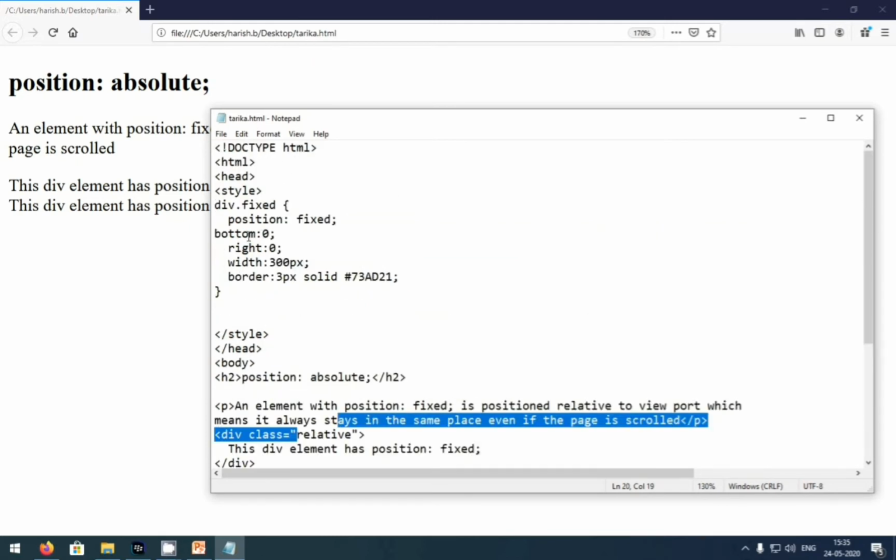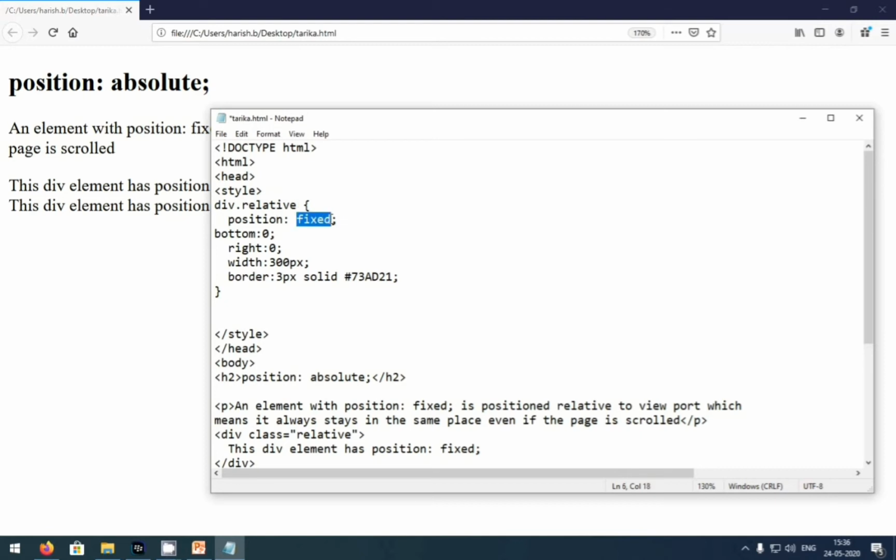Here, instead of writing fixed, I'm going to write relative. We have seen the relative example, and after position, the position will be relative.